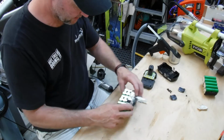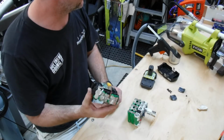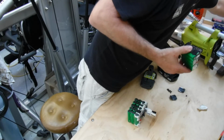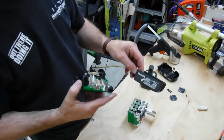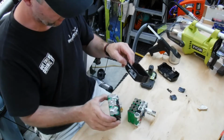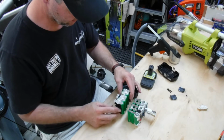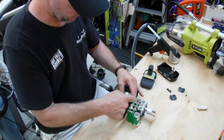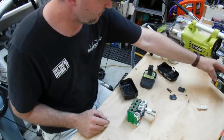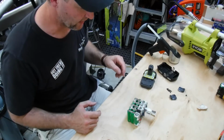Right, if you were wondering, I did have a duplicate to follow. So this is out of the Makita. This is out of a Makita lithium battery, which I've got quite a few of as well. So I've basically just followed that. If you look at that, it's up that way, so that's how I followed it. So it's all identical, just so I didn't make any mistakes. But anyway,